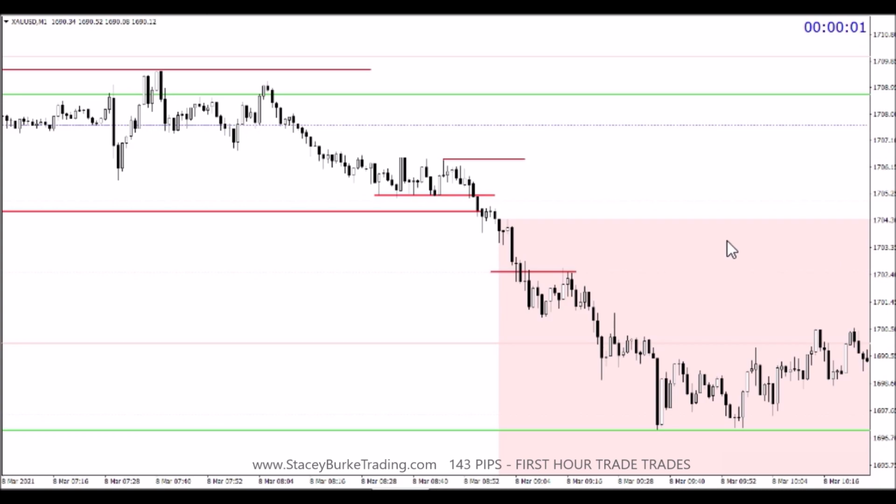I'm targeting a minimum of 50 pips, but I want to have that market move quickly towards the low of the previous day, which was Friday's low. Now, as I talked about, traders have asked, when do you go to break even? So we broke the quarter level, and this is in our first 15 minutes. The 15-minute candle closed, we'll just circle that,